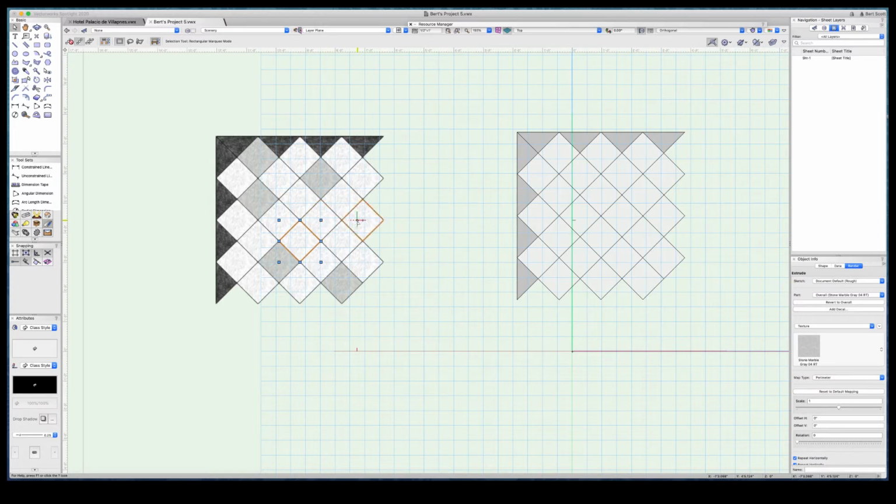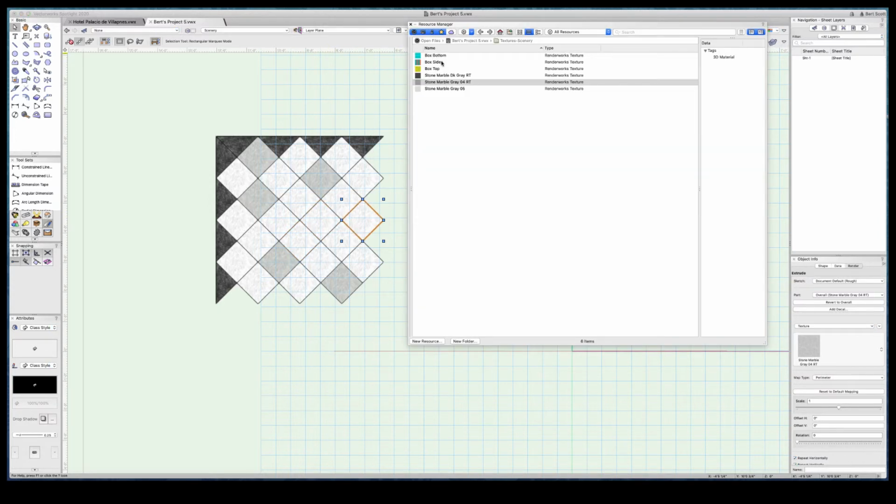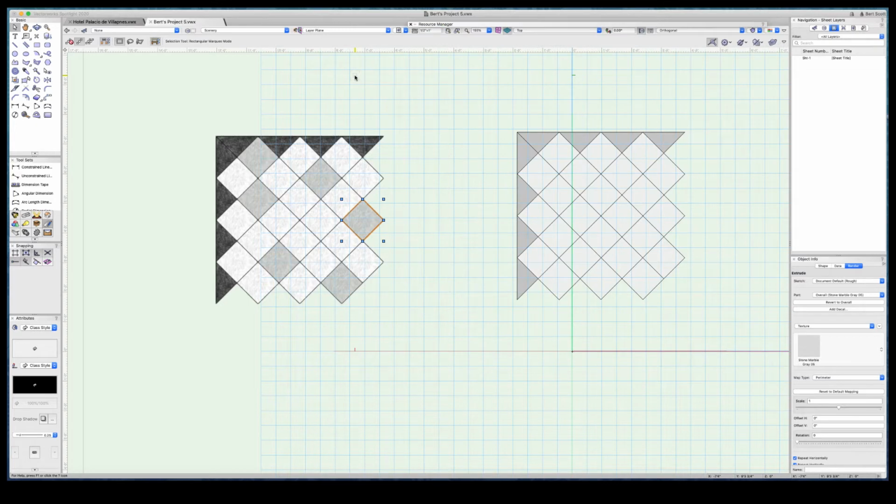Maybe that one. And the good thing about creating this as a symbol, you can always look at this later once you've laid out the whole floor and see if this is too